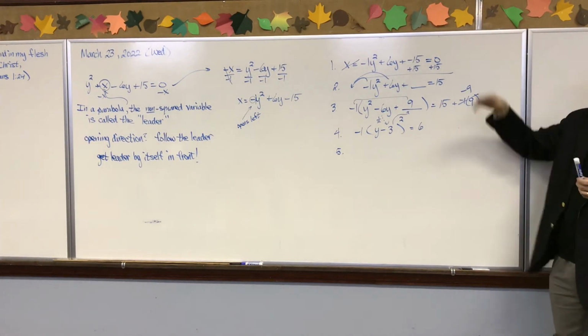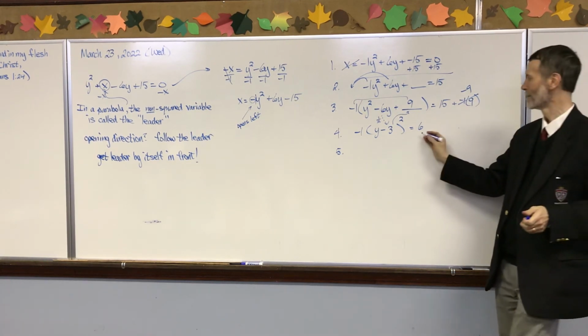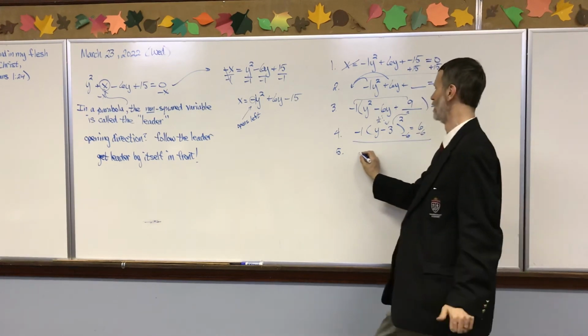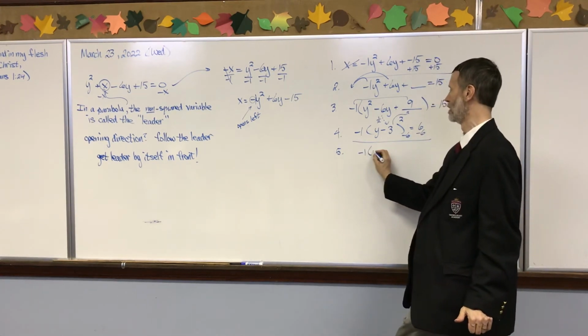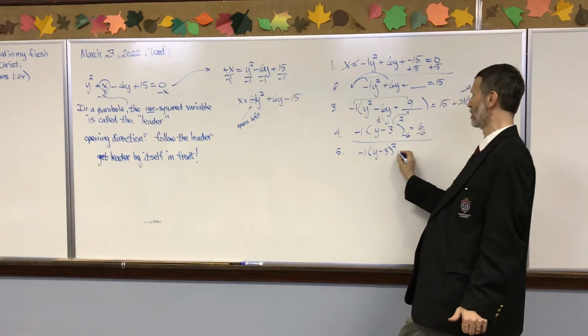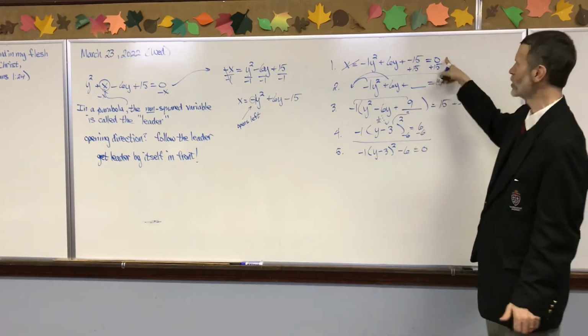It started equal to 0. Oh, you have to finish it equal to 0. Yeah. Subtract 6 from both sides. Tell me what it is so far. Negative 1, parentheses y minus 3 squared, minus 6, equals 0. Good. Once it's back equal to 0,